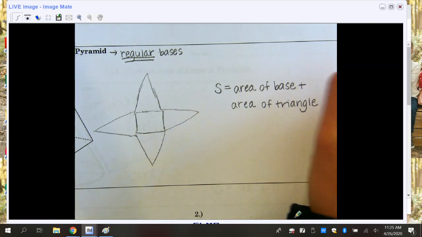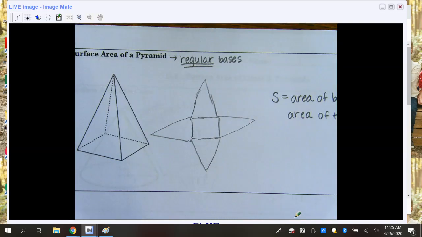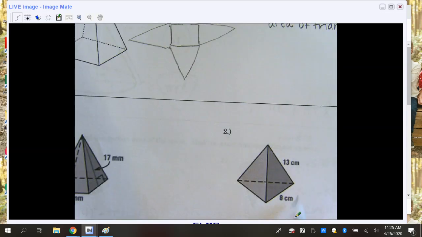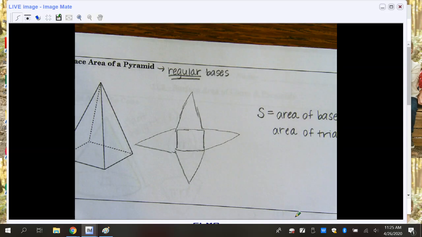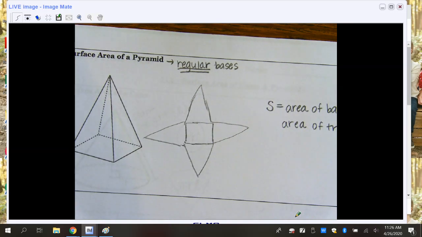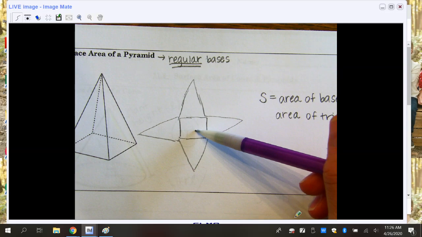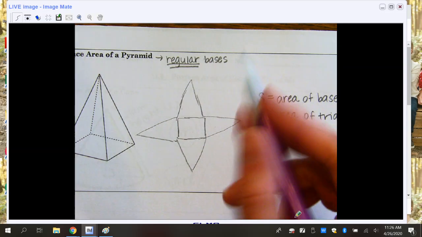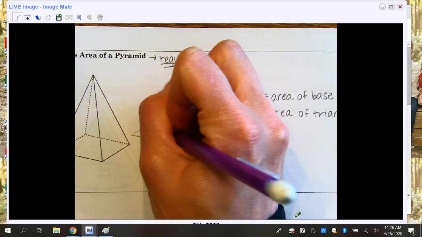Now, because our bases are regular, that means all four, or three if we're looking at a triangular pyramid, are going to be congruent triangles. If we were looking at non-regular bases, the triangles would not be congruent. Okay, but all four of these triangles